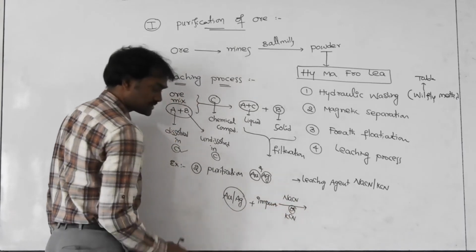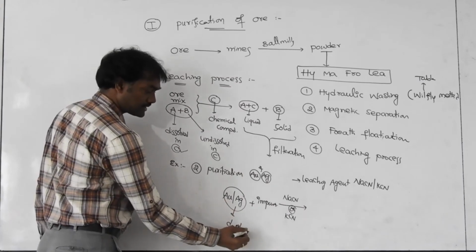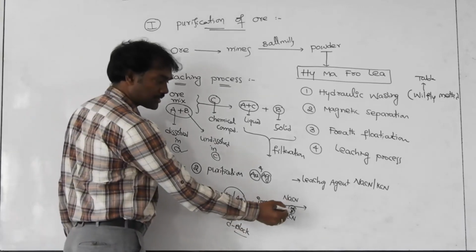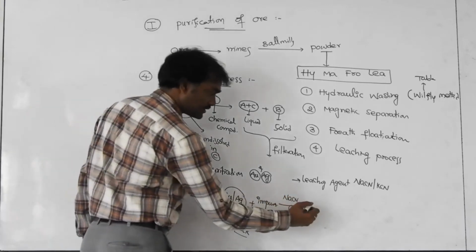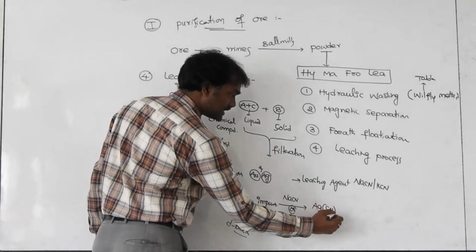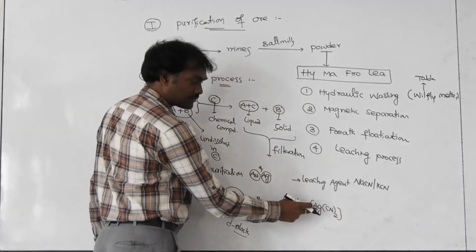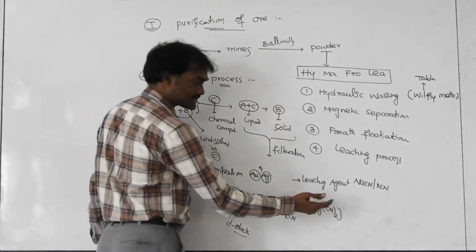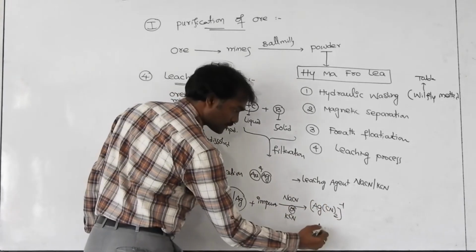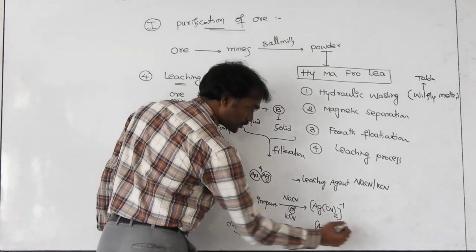This is a d-block element, and d-block elements famously form complex compounds. These are powerful ligands, so you get Ag surrounded with CN taken twice. The oxidation state of silver is plus 1, with 2 ligands, so the complex is minus 1. Otherwise, Au(CN) taken twice. So this